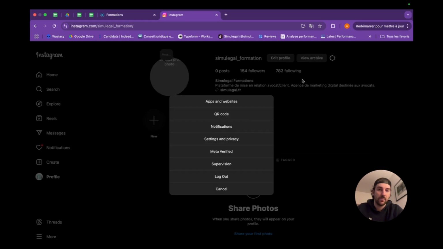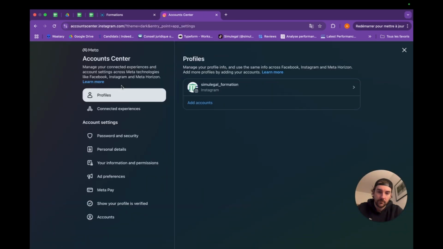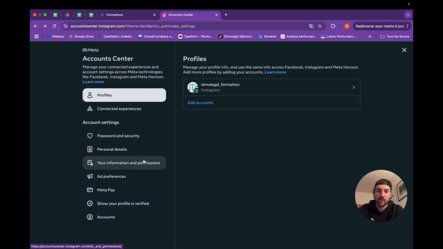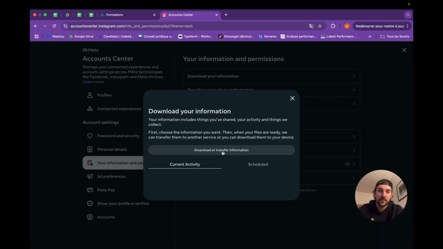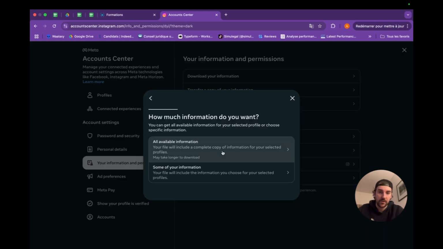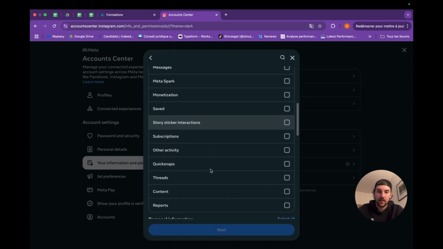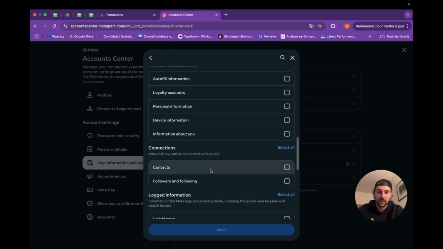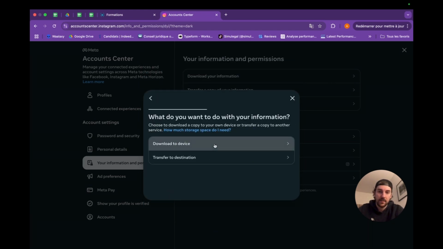First, you're going to want to go on your account and click here on options, then settings and privacy, and click on account center. Then you're going to click on your information and permissions, download your information, download or transfer information, some of your information, and you're going to go down and select followers and following. Click on next, download to device,